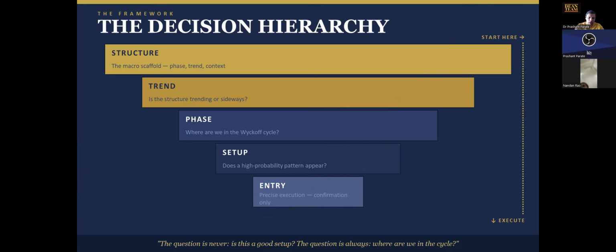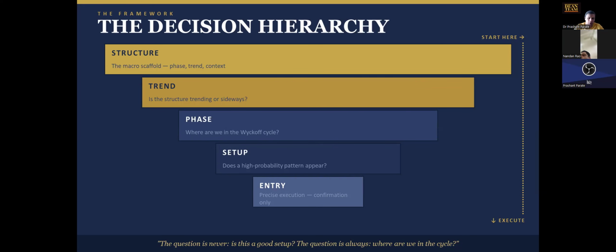So context is very important. Understanding this structure is very important. After this, there is a role of trend. Is the structure trending or sideways? So when the trend is coming after sideways market, then it is very good idea to go into that. There is enough cost built, and we have to get the result from that. So we have to understand where are we in the Wyckoffian cycle. We are going to see what is Wyckoffian cycle, what are different phases of Wyckoffian cycle, and it will take a lot of time to understand these phases, but we will see that in a while.